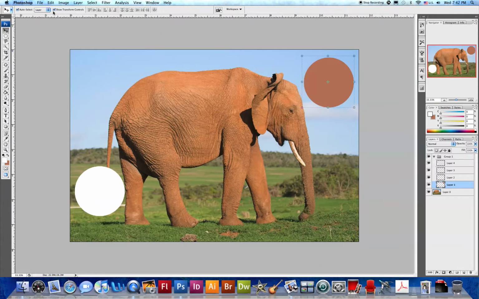Okay, the next option that it'll show on the top left is Show Transform Controls. As you can see, I'll click it on and off, and you'll see controls pop on and off on the circle within my current layer selected. So if I go to the elephant and click on Show Transform Controls, you'll see little squares pop up around the pixels in that particular layer. These squares allow you to resize